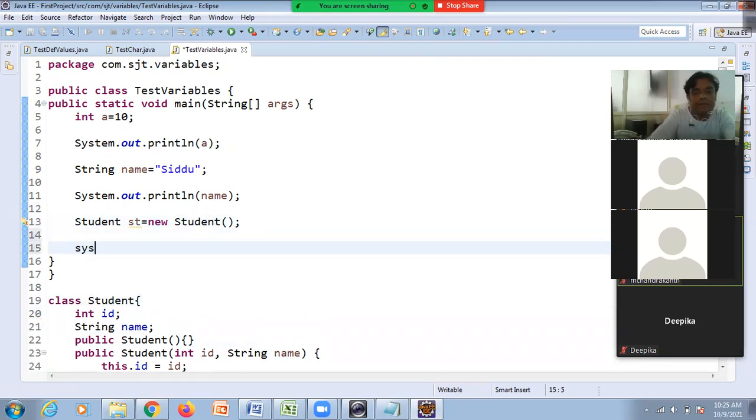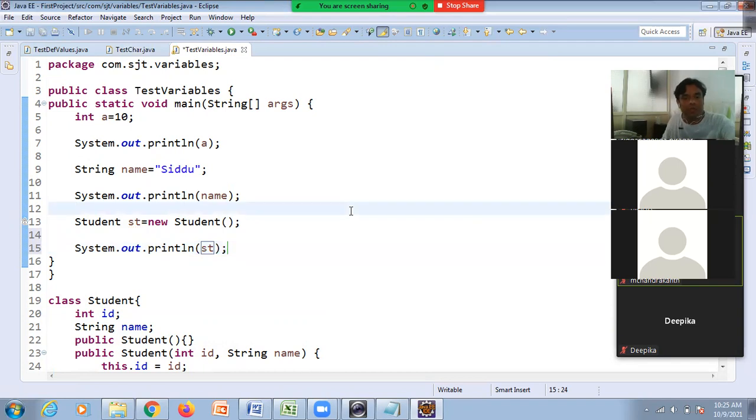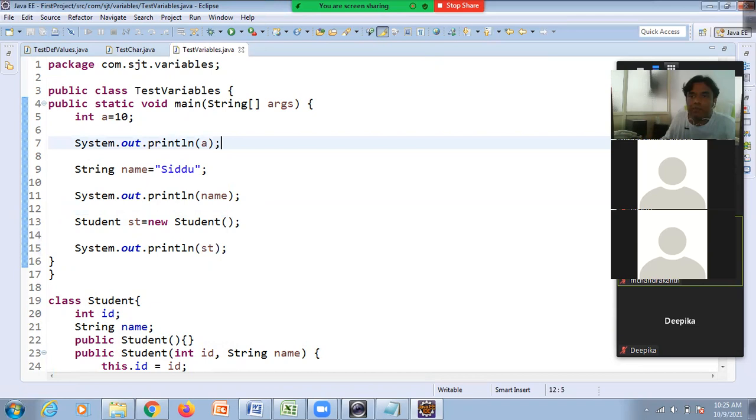I'll print st. So when we are printing st, what will be printed? Let us see.